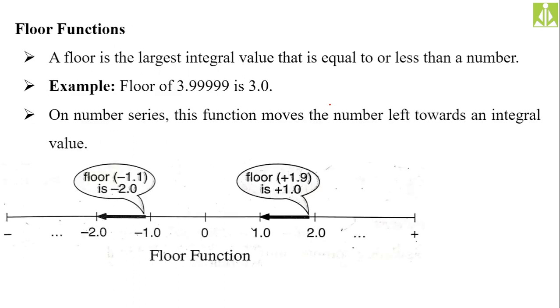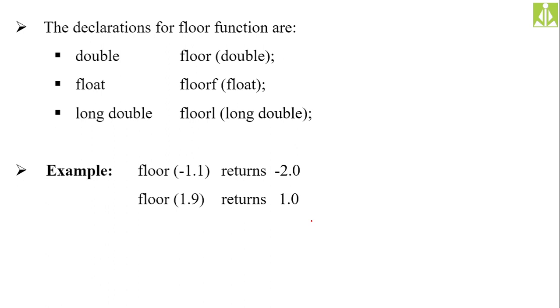We have the floor value. It is quite opposite to the ceil value. It always looks for the nearest possible whole number in the left hand direction. You can see these pointing arrows. In which direction are they pointing? They are pointing in the left hand direction. So the floor function is exactly opposite to the ceil function. Where the ceil function gives the nearest possible value in the right hand direction, the floor function will give the nearest possible value in the left hand direction. Remember this one. The possible floor functions are floor for double values, floorf for float values, floorl for long double values.